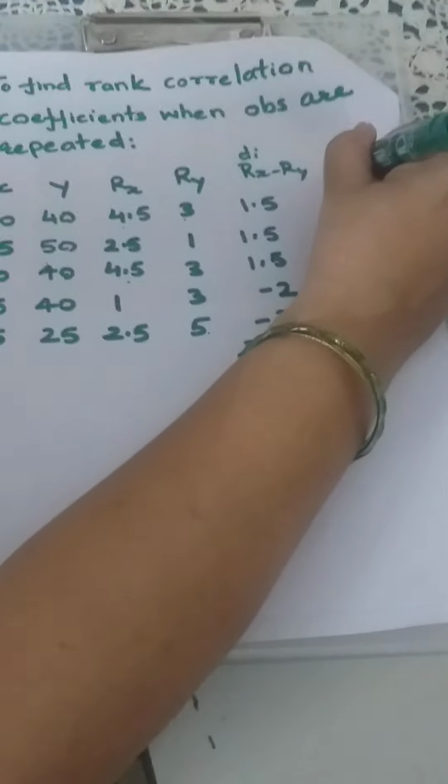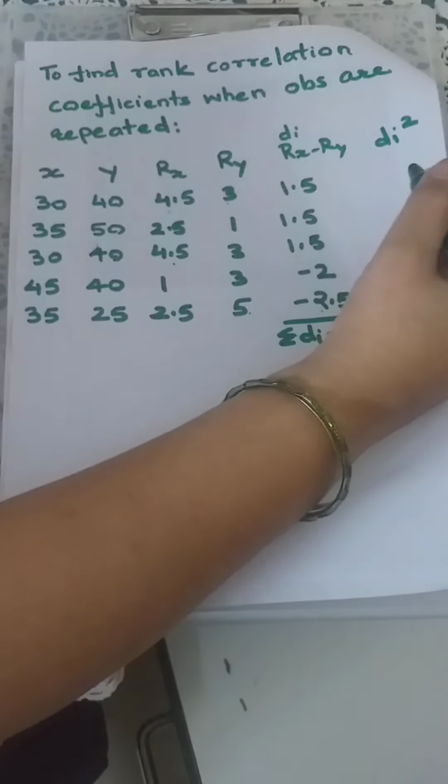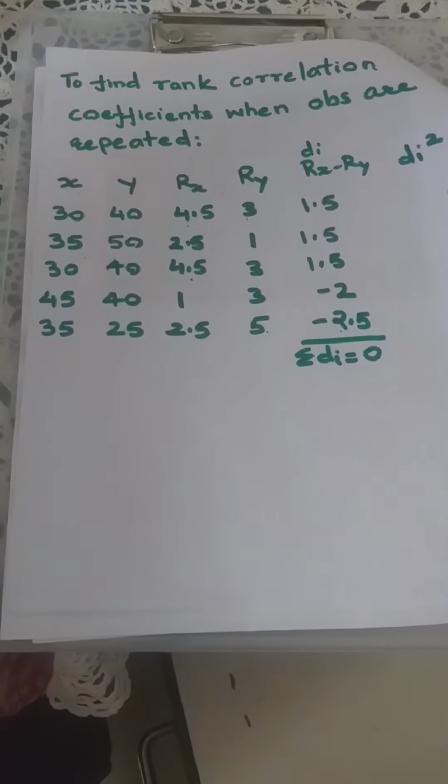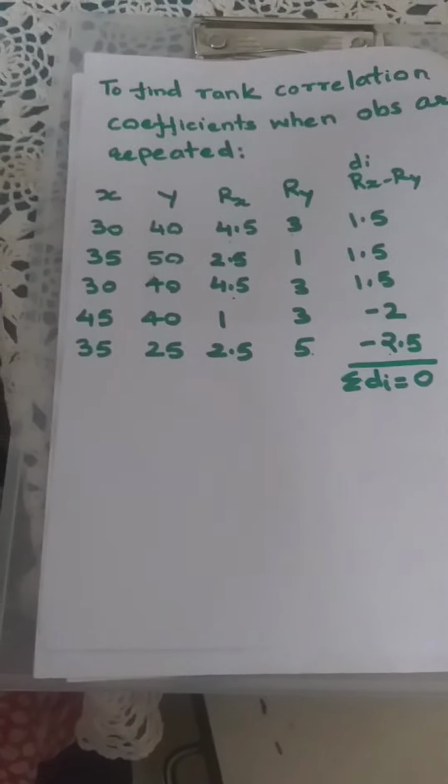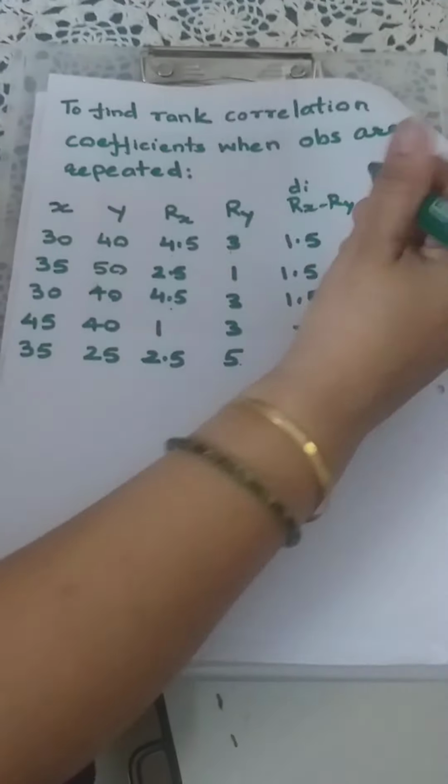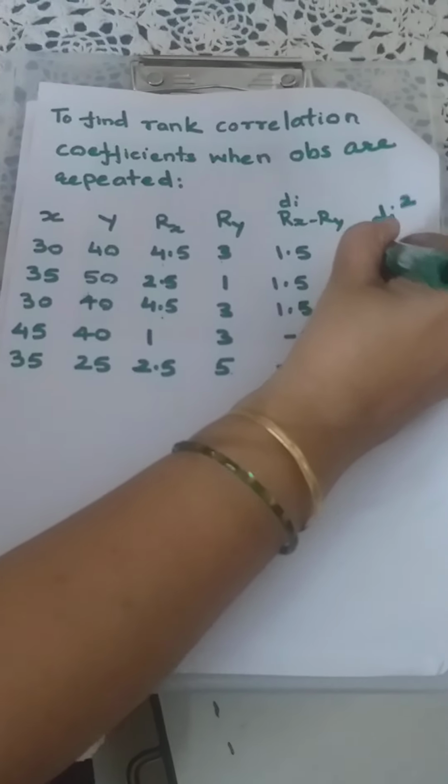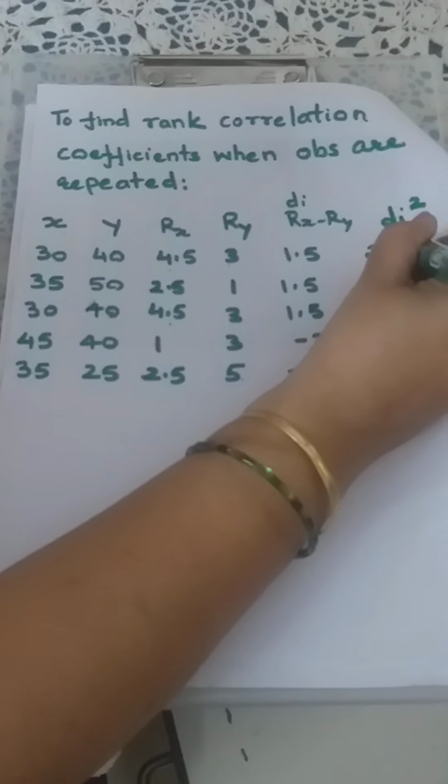I should find out Di square. I should first find out Di square. So for this, let us use our calculator to check out what is Di square. So what I do is 1.5 square, I know it is 225, so I write it as 2.25. This again